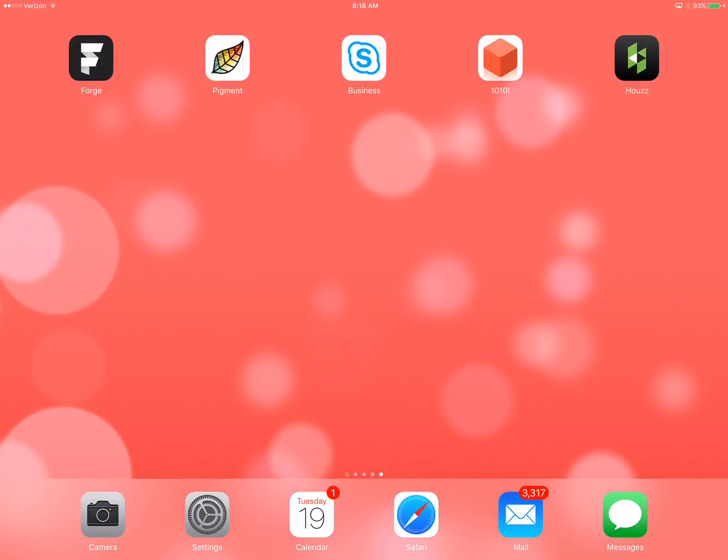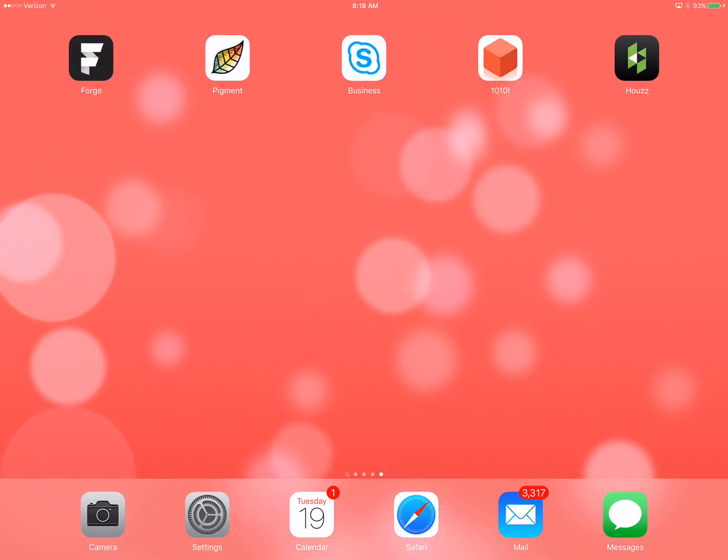Hi, this is Shannon from Clearpath, and I'm just going to do a demo of some of the basic navigation of Clearpath 3.0 using the iPad. The Clearpath 3.0 application can be accessed using either Safari or Chrome, so I'm going to click on my Safari